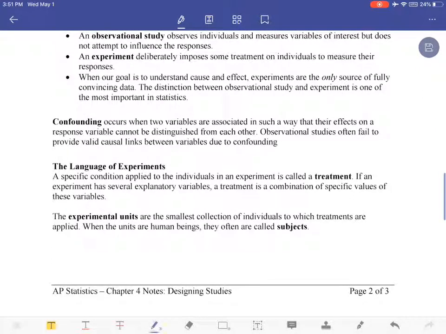And like it says here, when our goal is to understand cause and effect, experiments are the only source of fully convincing data. So anytime that you're doing a survey or an observational study, you can establish correlation. So correlation is that if one variable goes up, it affects the other, okay? But we're not necessarily saying that it causes the other one to go up. So, for example,